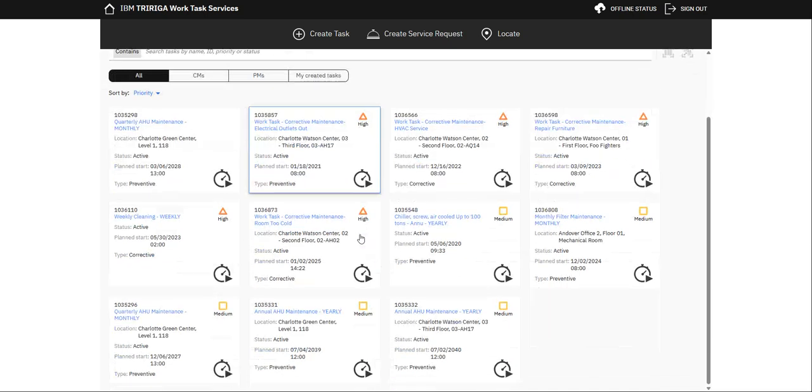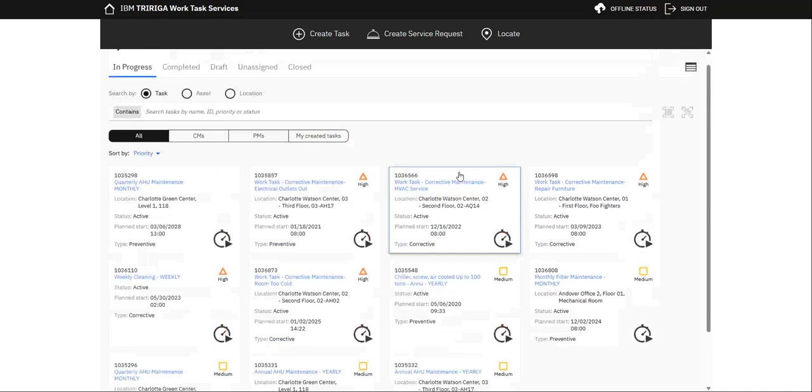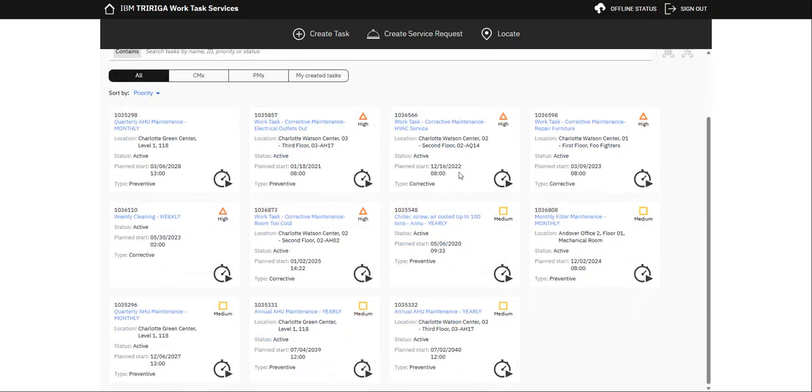Every ticket has the same structure. So we have the priorities, which you see here, the name, the ticket ID, the location, the status of the ticket, and the planned dates which are already there. And then we can filter out all of this information. We can sort by all these different fields however we want, so we are free to make these types of selections as well. So if we are selecting one of our tickets, for example this one,